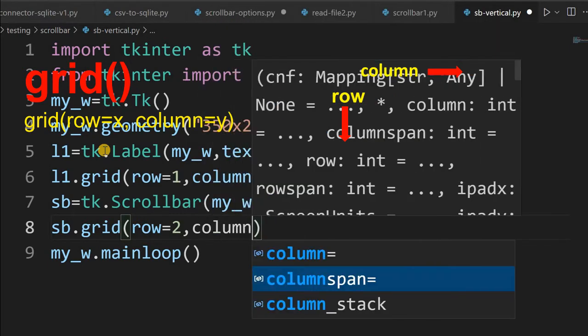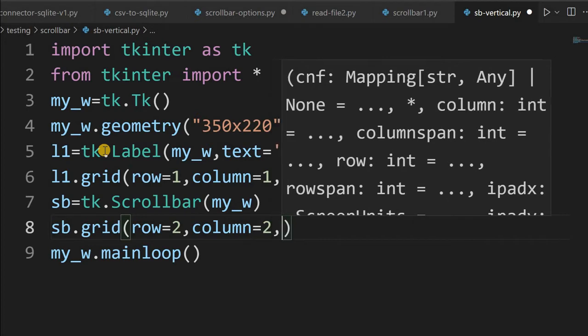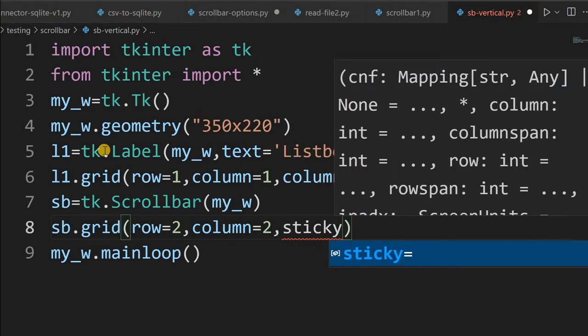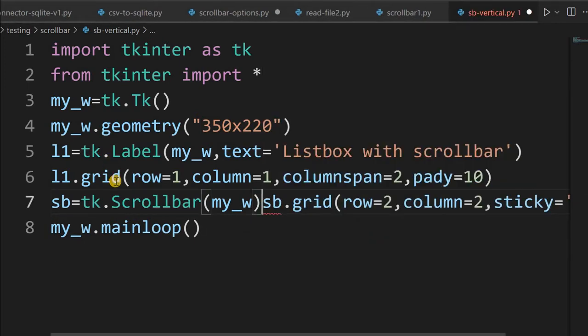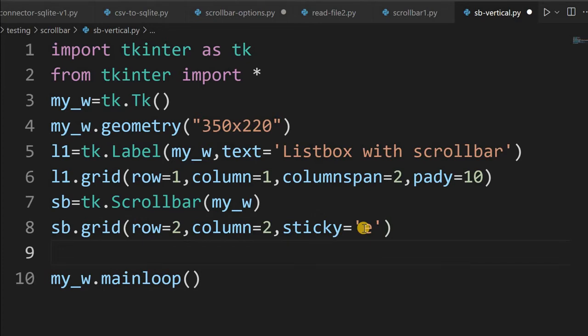Now column equal to 2, the second to the right, because at position 1 we'll place our list box. And sticky, let's align it to the east side, so I have here E. Fine. So I have placed the grid for my SB, the scroll bar.